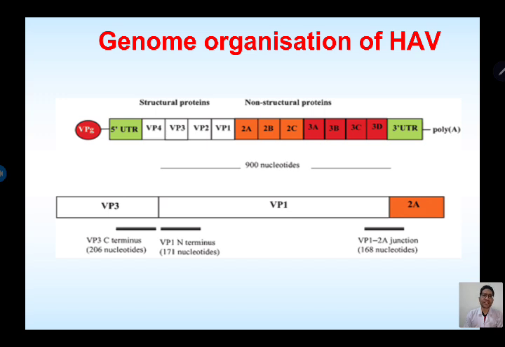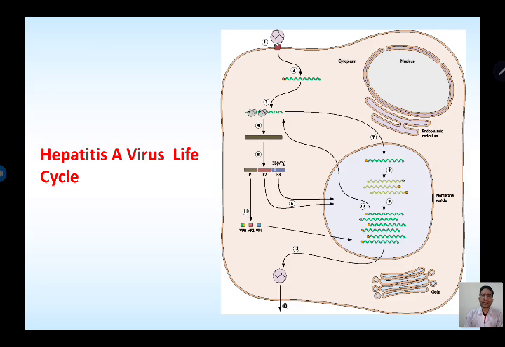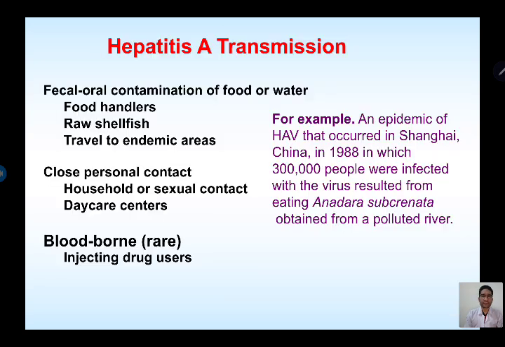Here is the genome organization of the hepatitis A virus. Hepatitis A virus life cycle. The hepatitis A transmission: fecal-oral contamination of food or water, food handlers, raw shellfish, travel to endemic areas, close personal contact, household or sexual contact, daycare centers, bloodborne in injecting drug users. For example,